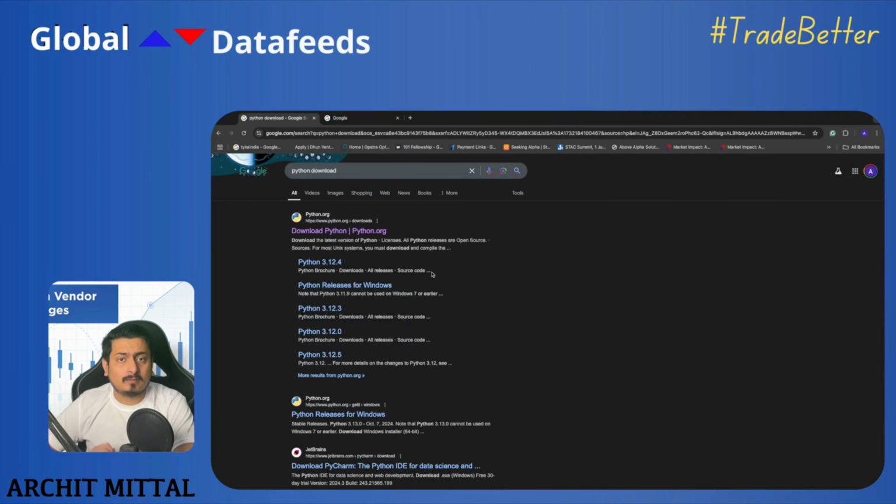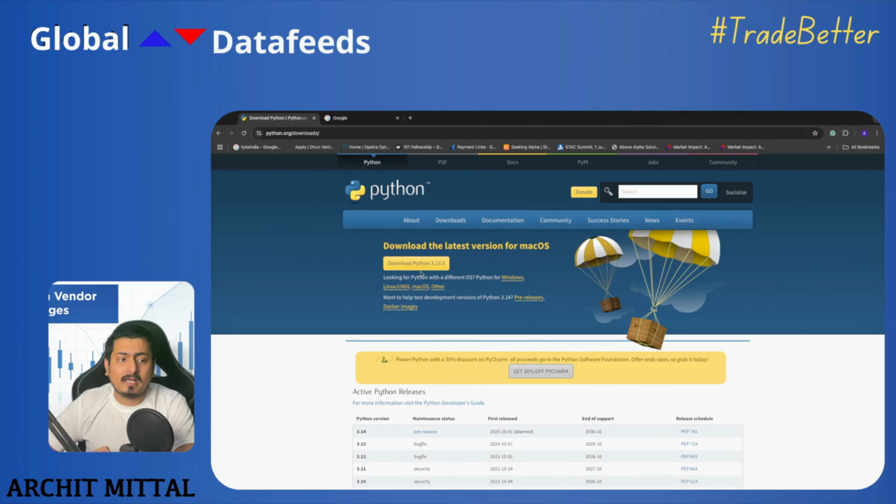As you click on this, click on the first link, and this yellow button which is seen, whichever laptop you have, just click it. It is completely free of cost. You don't have to pay anyone anything. I have this installed on my computer, so I will be moving forward.